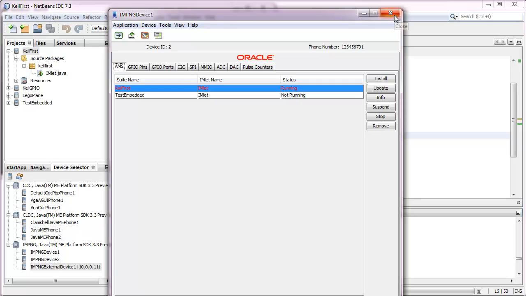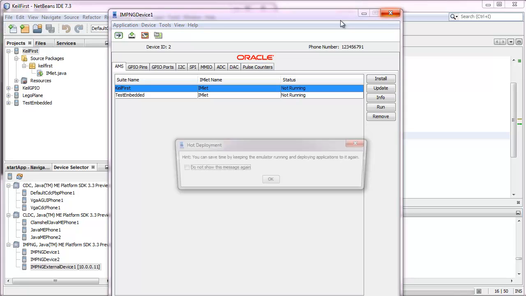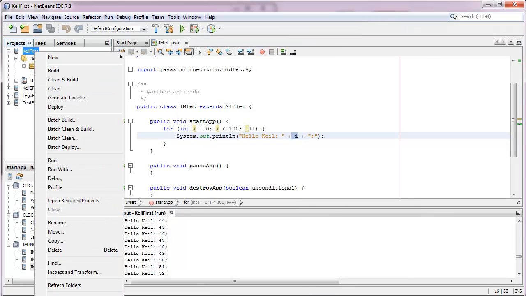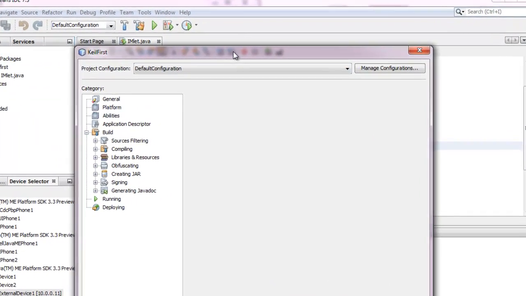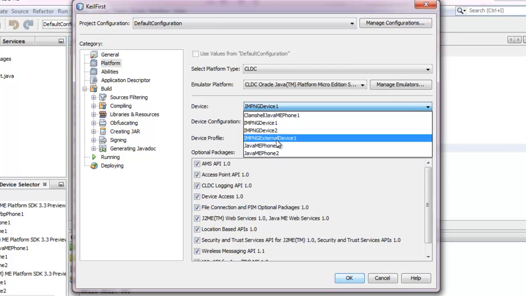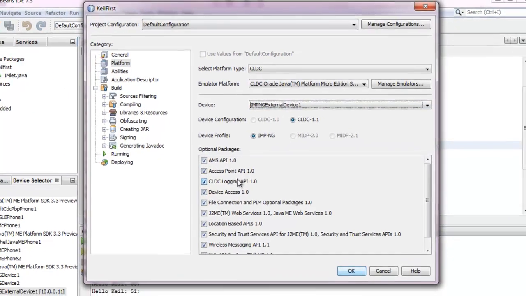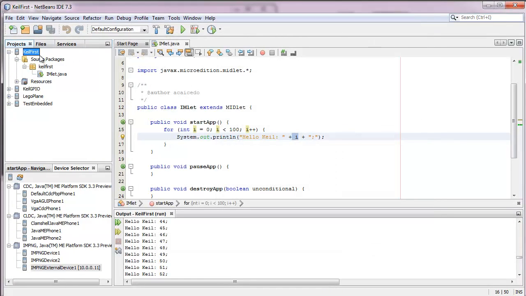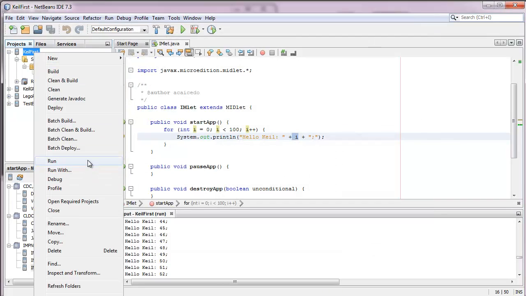Okay, now let's run the same demo, the same code, but directly on the board. The only thing we need to do is go back to the project, right-click, go to Properties, and then in the platform, select external device. So now we're actually running on the board. Now, if we run,